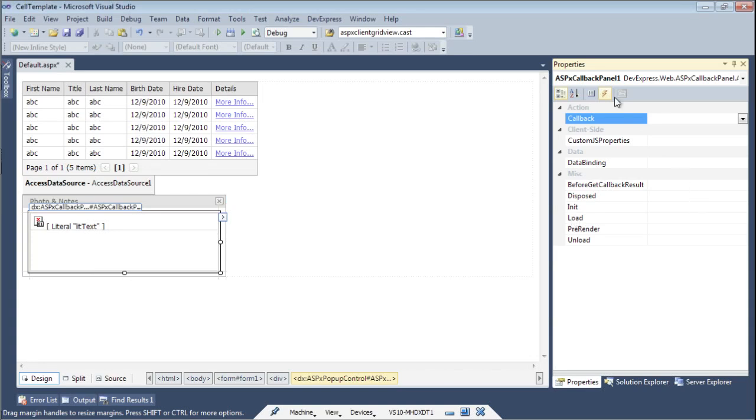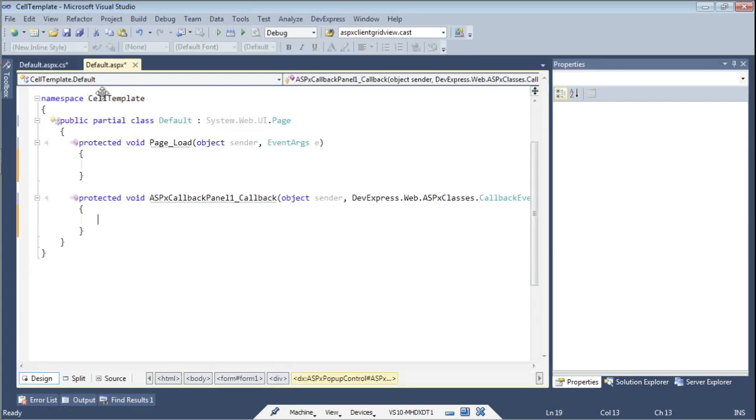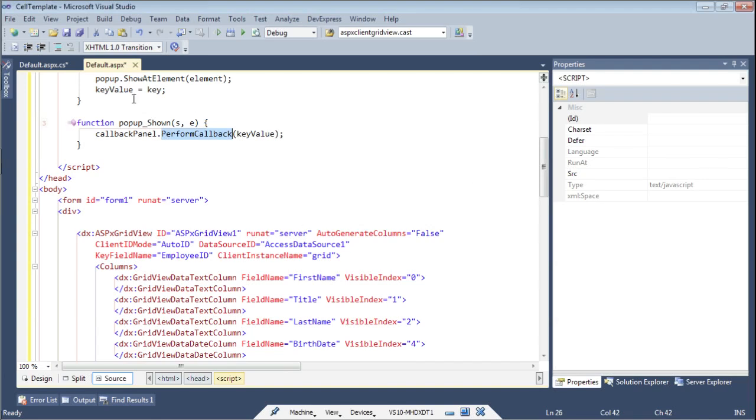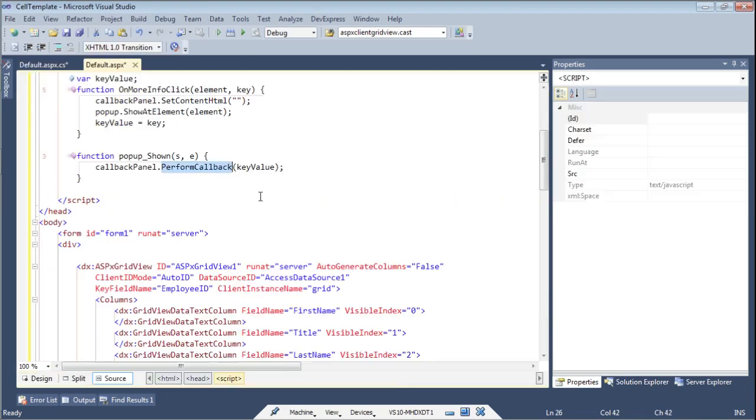And to do that, we're going to go to the server-side events of the ASPX callback panel and override the callback method here. This is the method that we will land in when this perform callback is called. So before I define this server-side method to get that information,